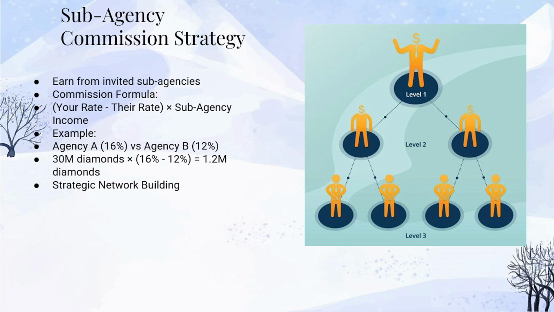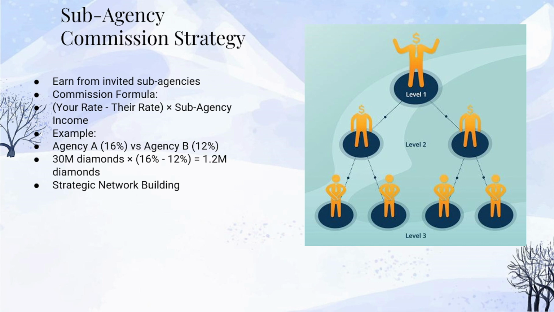What about agency C then? Their income was 60 million. Right. And their commission rate is 20%. So higher than agency A's 16%. Exactly. So the difference is 16% minus 20%, which is negative 4%. Meaning A gets nothing from C. Correct. The calculation results in 0 commission from Agency C for Agency A in this scenario, which again matches the example. So it really highlights that rate difference is the key mechanism there.